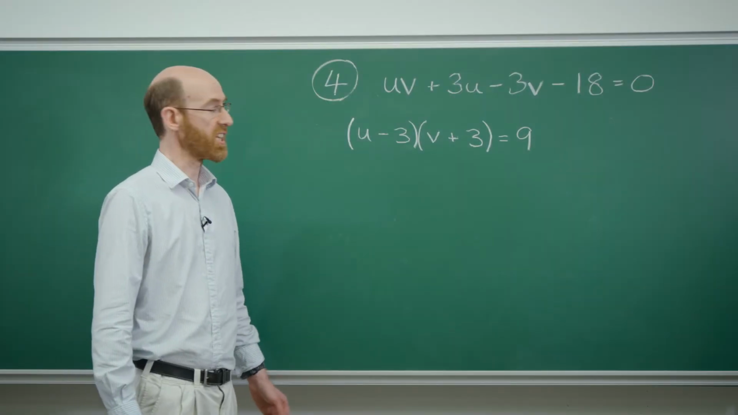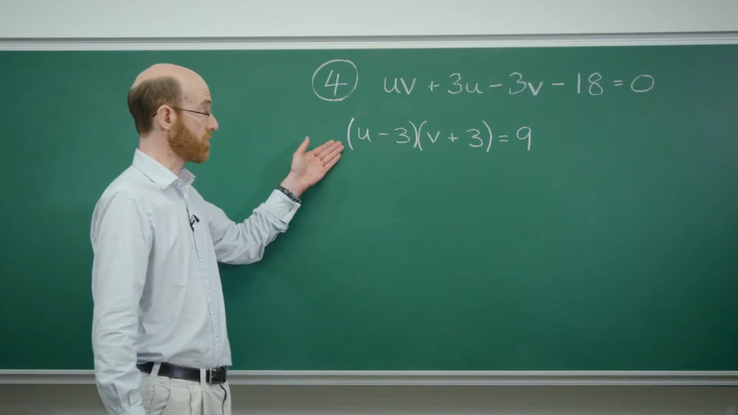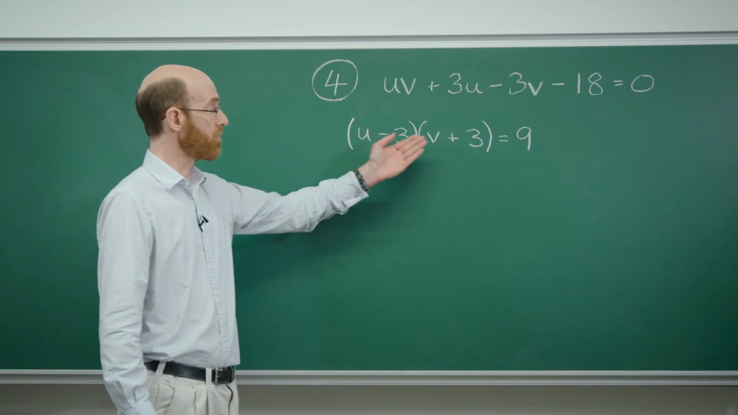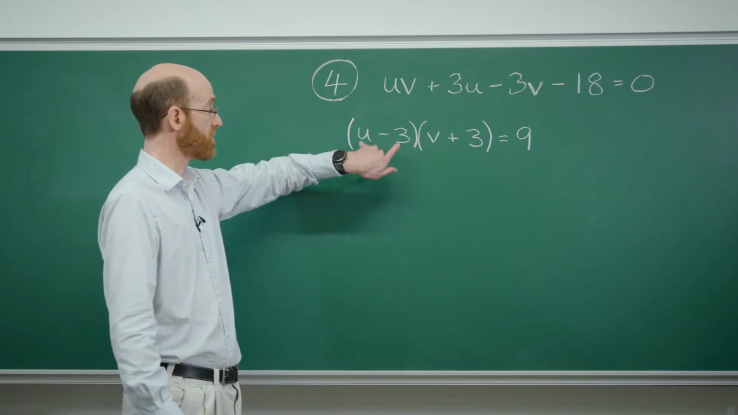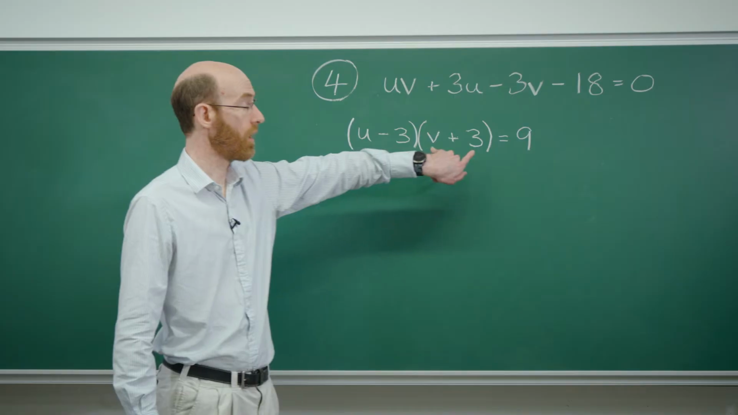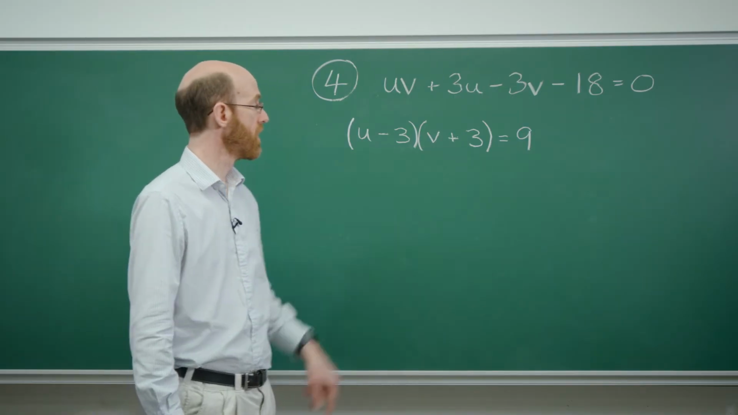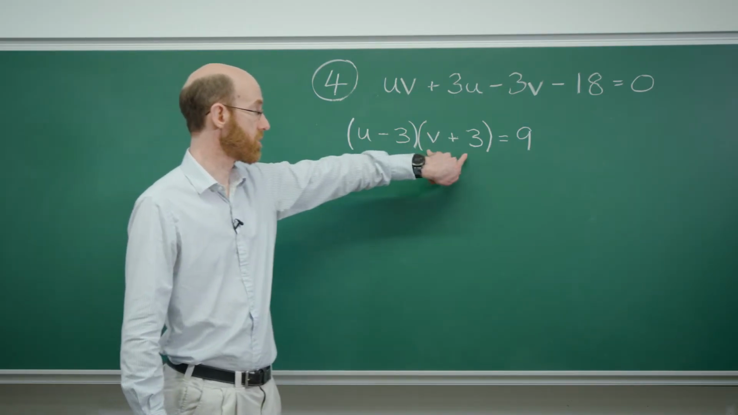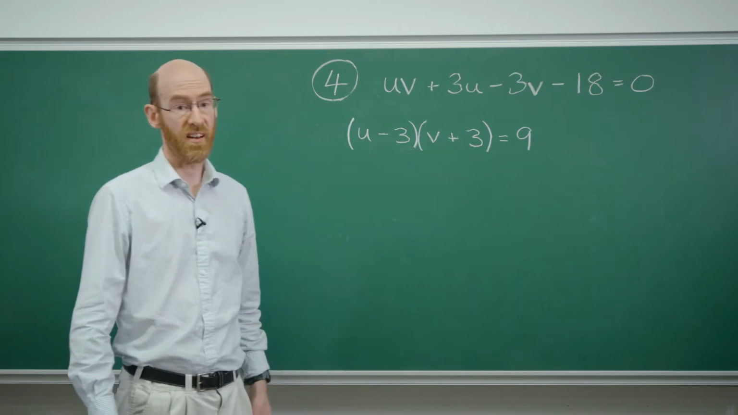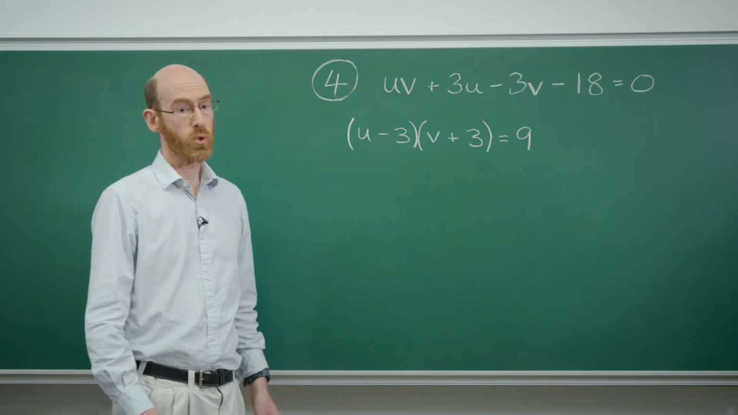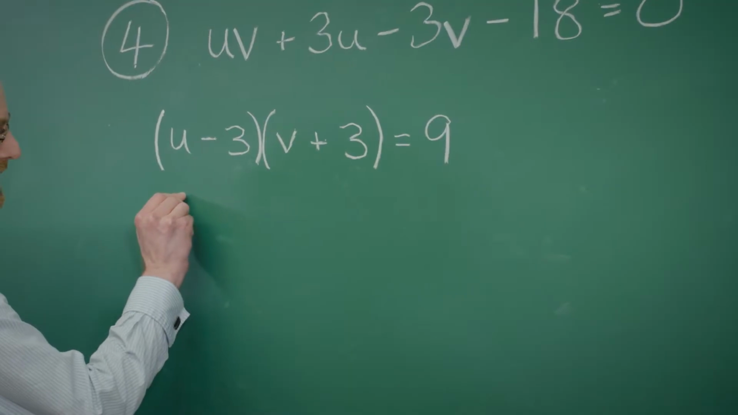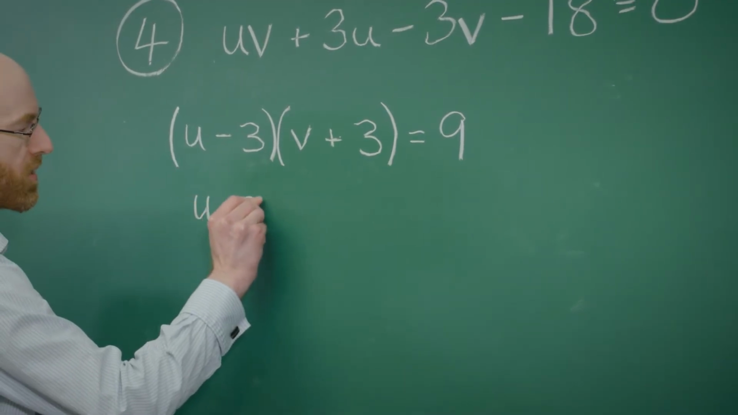We now wish to seek integer solutions to this equation. If u and v are integers, then so are u minus 3 and v plus 3. So we're looking for two integers that multiply together to get 9. If we draw up a table with possible values,